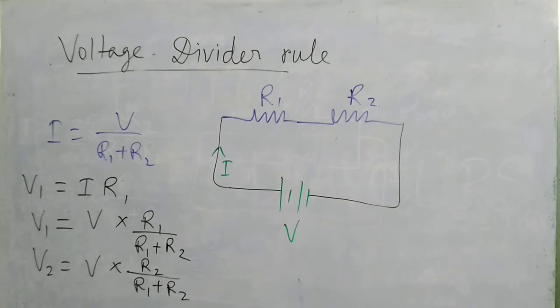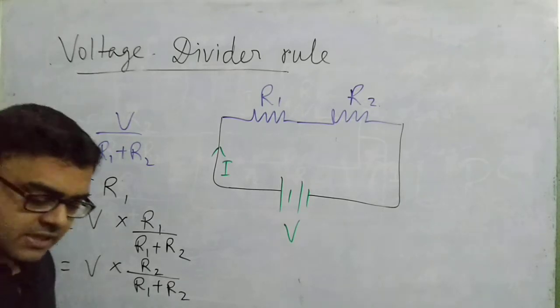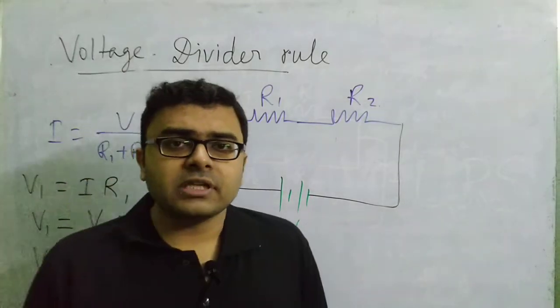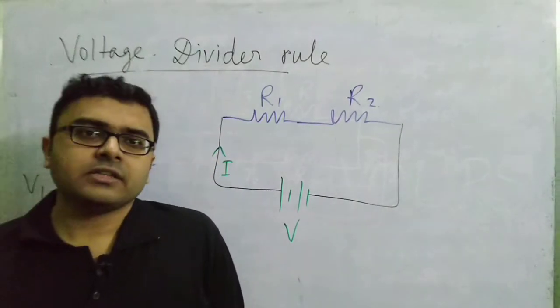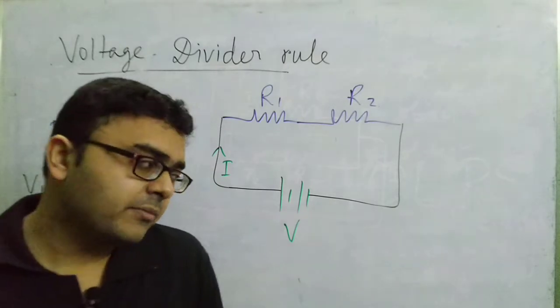I think the concepts are very clear to you now. So this is the voltage divider rule. Most of the problems that you will get in exams will consist of two resistors, so you can easily apply these formulas and make your calculations easier and faster. But it is better not to memorize the formulas directly, but to understand the concept, and then if you can remember the formulas, you should apply them. So that is the better method.